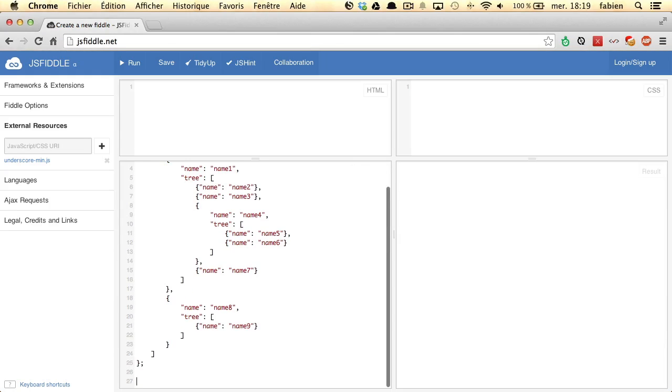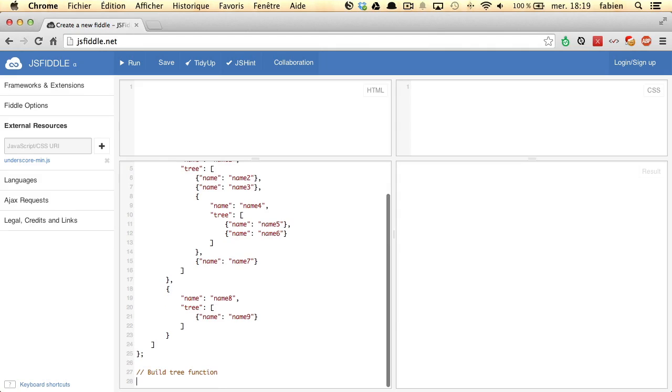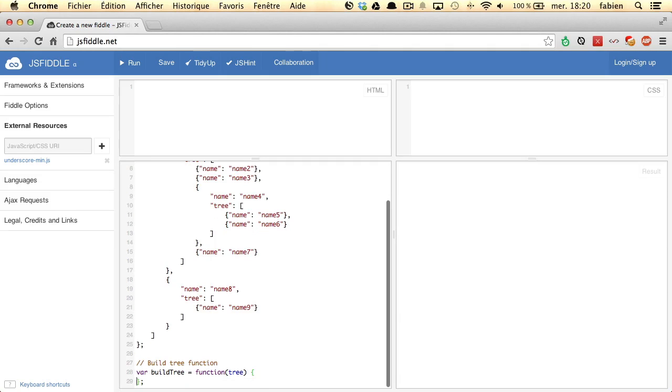Add a comma. Build tree function. So the function is var buildTree equals function, with a parameter which is a tree, open and close brackets, semicolon. Now underscore each. For each element of the tree we have a callback with an item as a parameter. Okay,